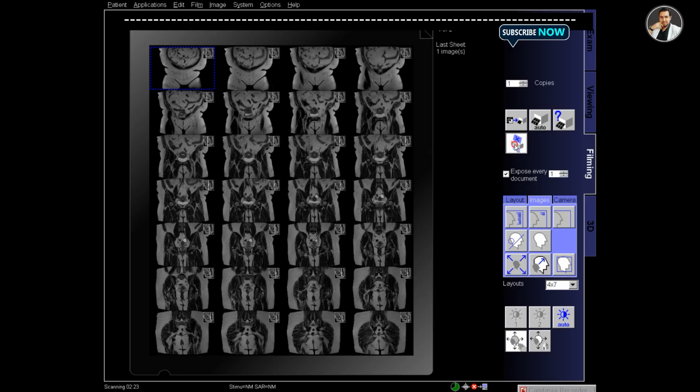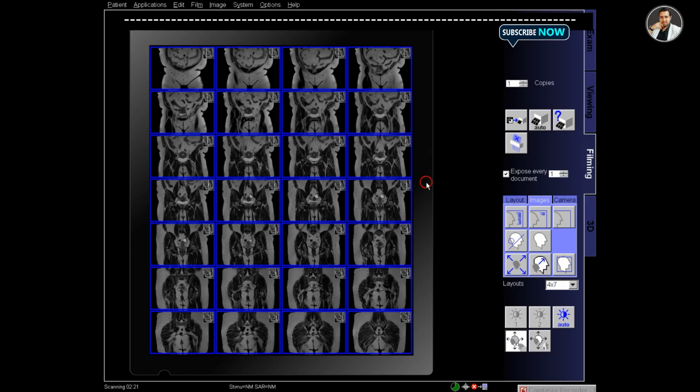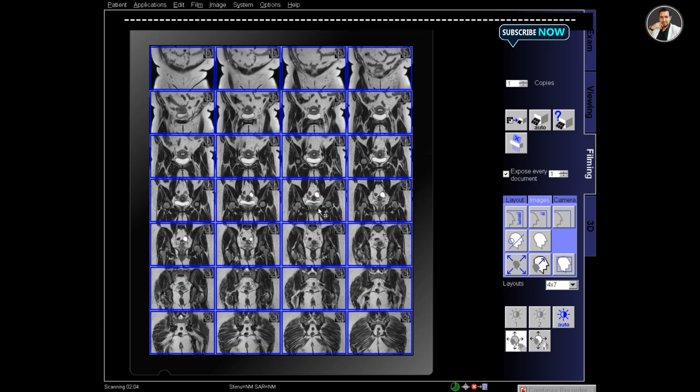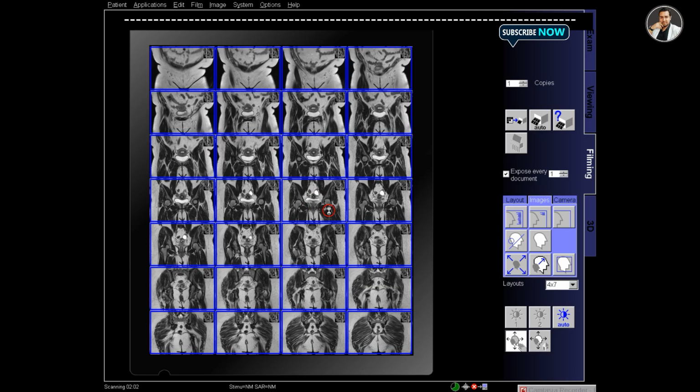That means 28 slices. Adjust the window, and make sure that the window and the contrast are perfect in the film, and also the zoom pan